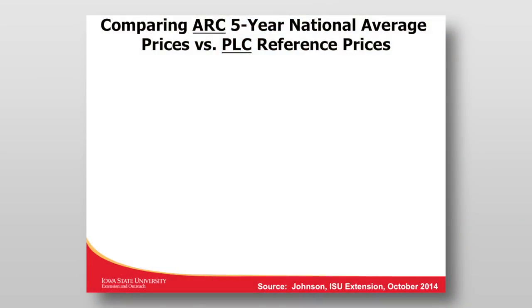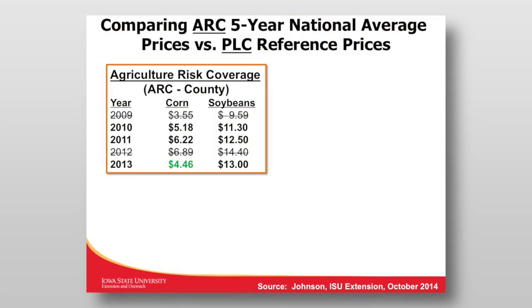I think you'll soon see that price is really an important consideration. A lot of people say it's about yield, it's about base acres, and those are important. But what are the prices that'll be used for the 2014 crop? We'll use the most recent 5-year national average prices. These are cash prices. They're weighted because they use marketing year averages. And it's an Olympic average for the county ARC program, so we throw out the high and we throw out the low. And the price can never be lower than the reference price, so that $3.55 would receive a plug of